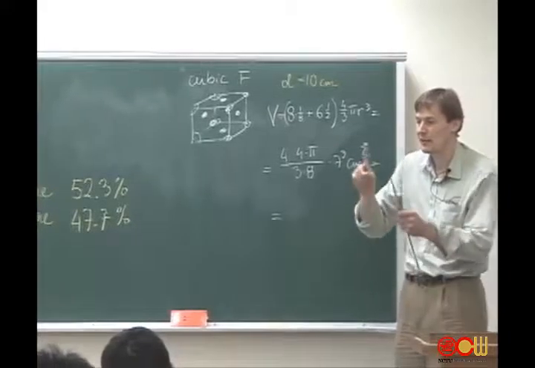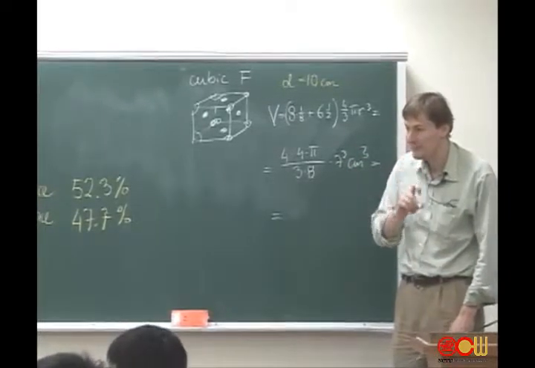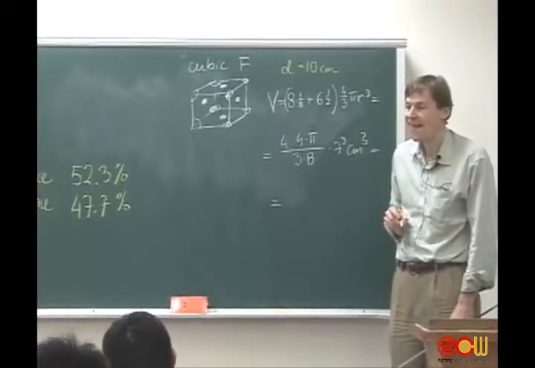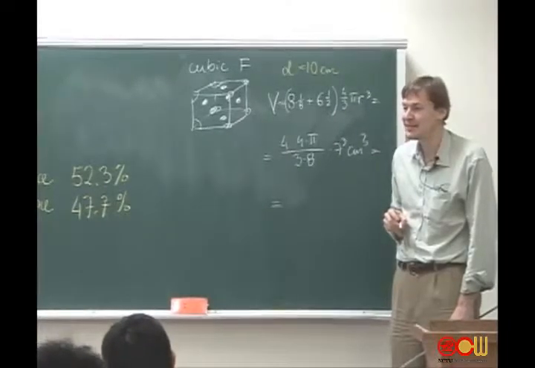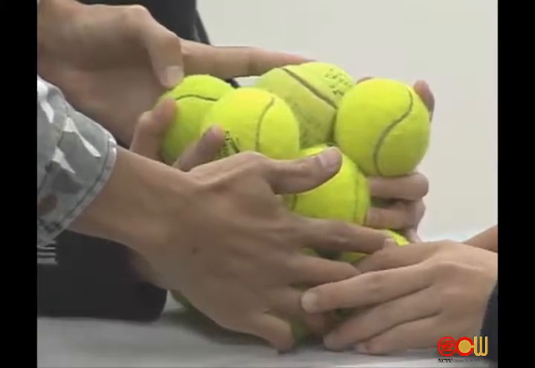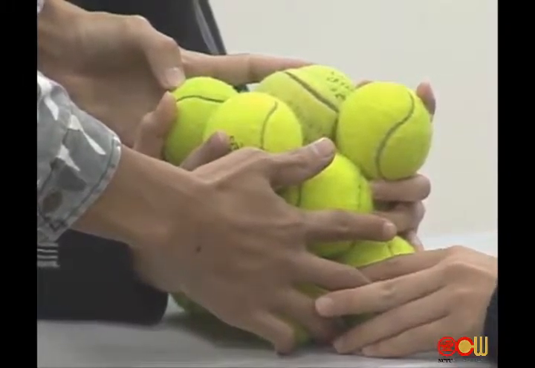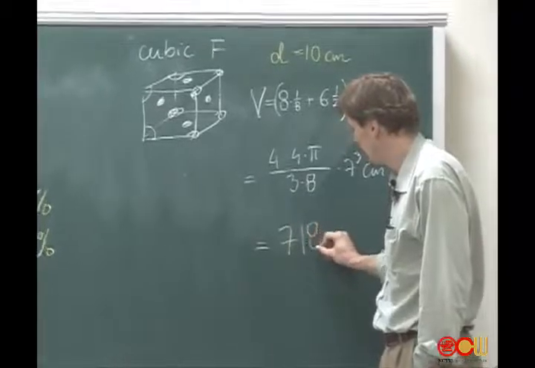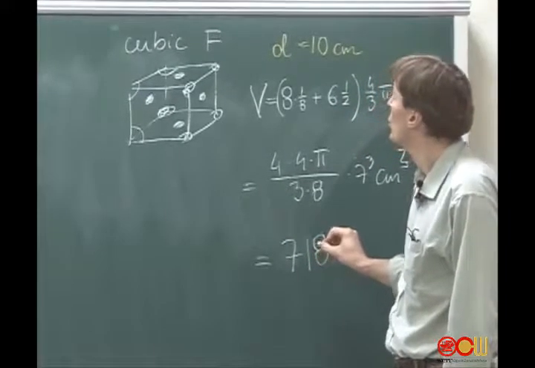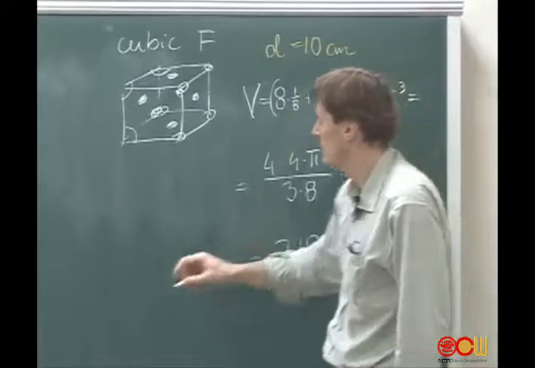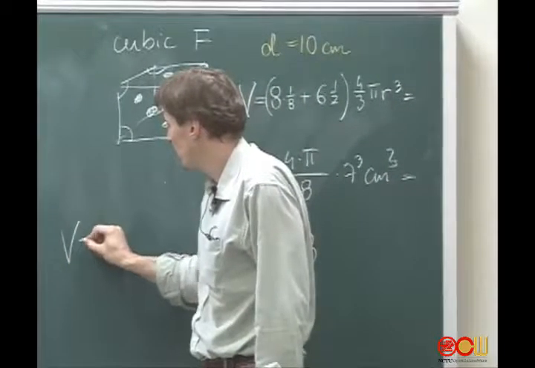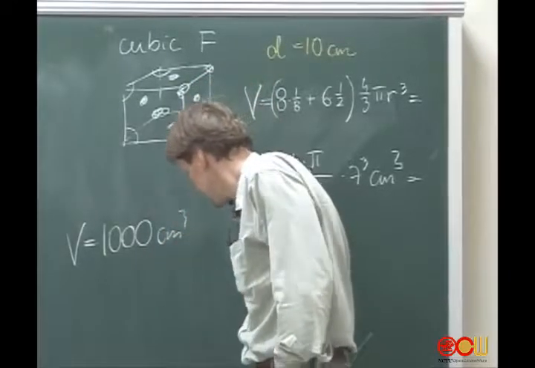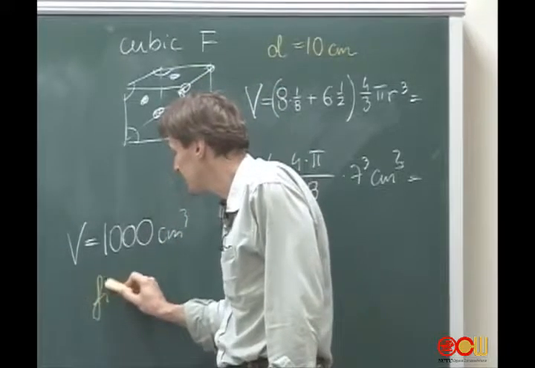You should take a photo of your model with a camera. Becoming stable. 718. Correct? Good. Now this one at least is easy. So the other volume is 1000. So I have the filled space